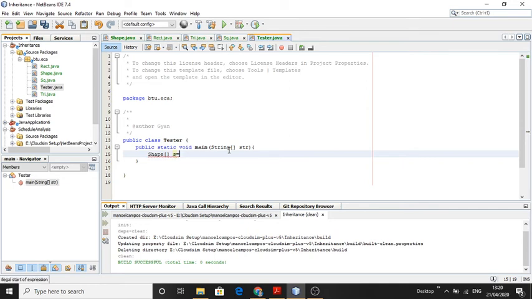In this array of Shape, we will assign the objects of the child classes. This is called real dynamic polymorphism.